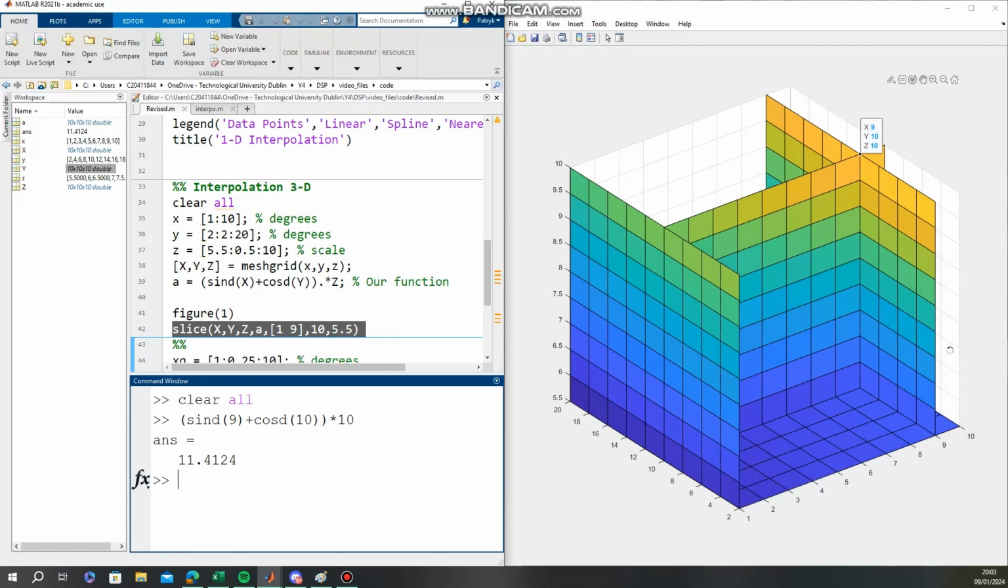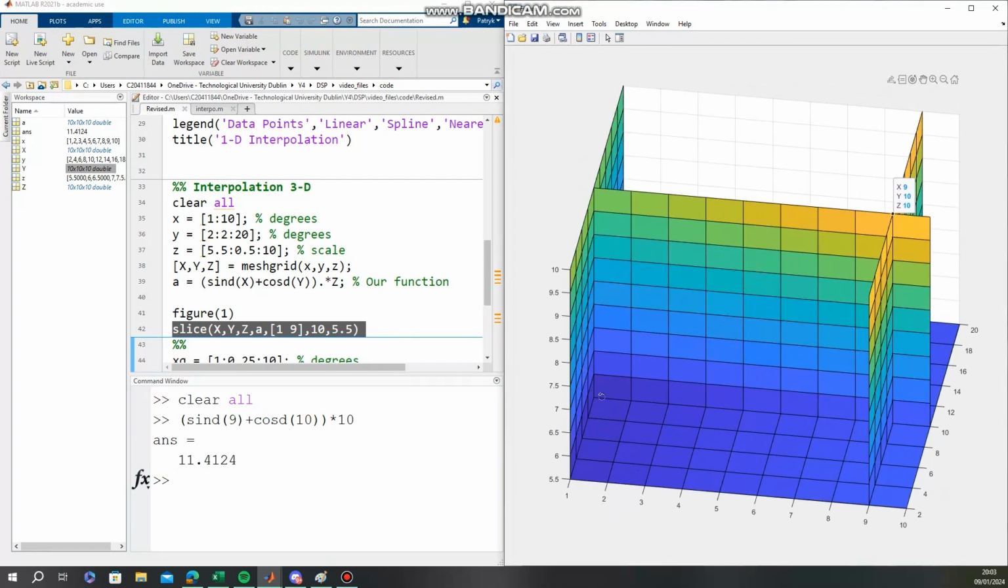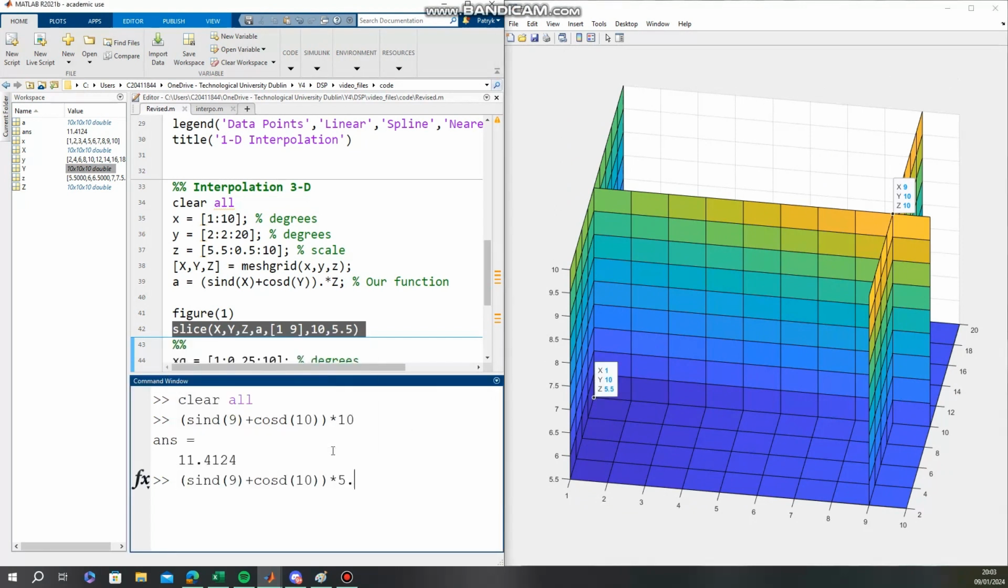But if we go to the other end, where the colors are much darker, like this dark blue here, we can go ahead and evaluate that too. So x is 1, y is 10, and z is 5.5. And you can see, relative to all the values for A, this corner gives us much smaller values. So carrying on then,